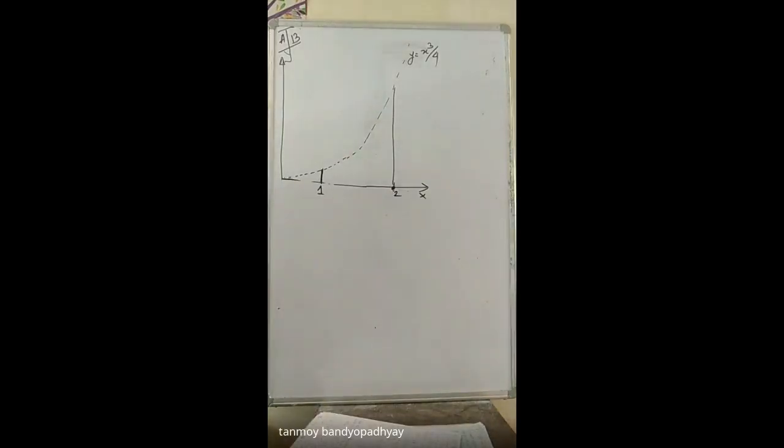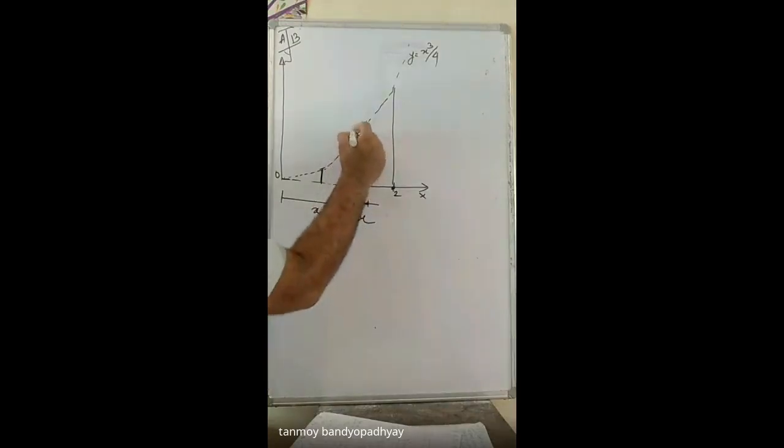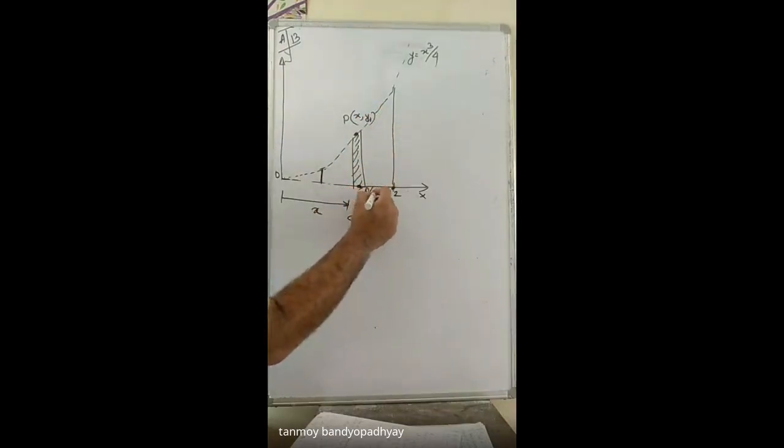This is the area bounded by the x-axis, so that is why you have to take a vertical elemental area. So I am taking a vertical elemental area at a distance of small x from the origin O and of thickness dx. We consider 2 points: P with coordinates x, comma y1, and another point Q, x, comma y2, lying at the extremities of the elemental area.